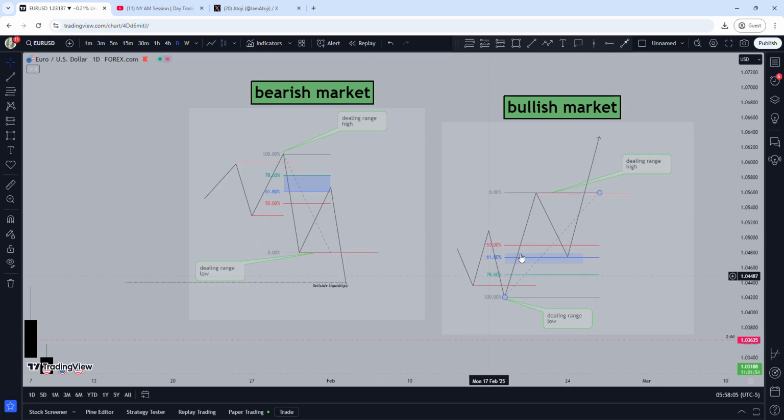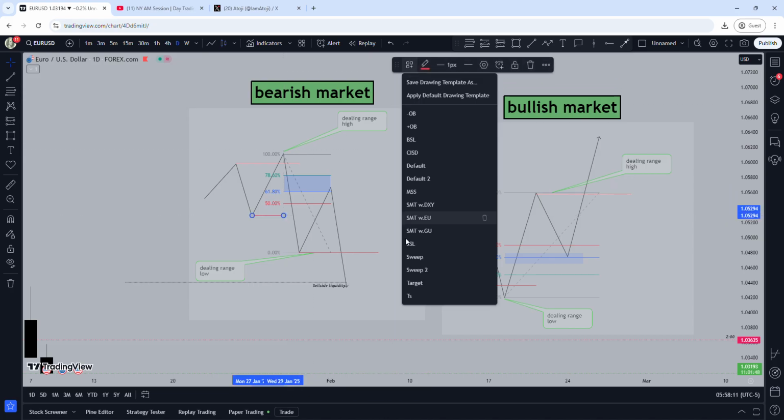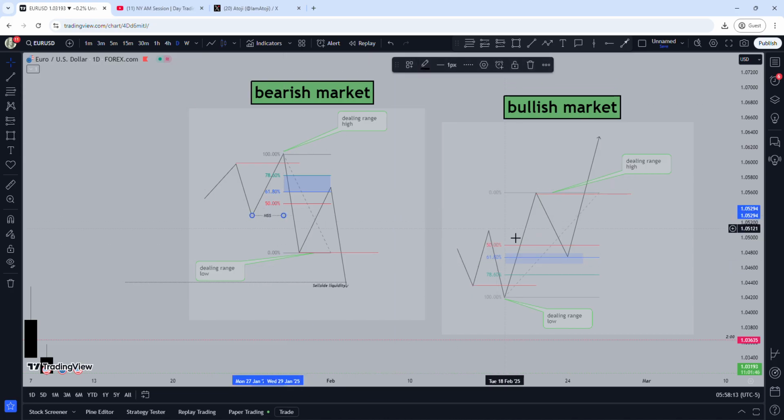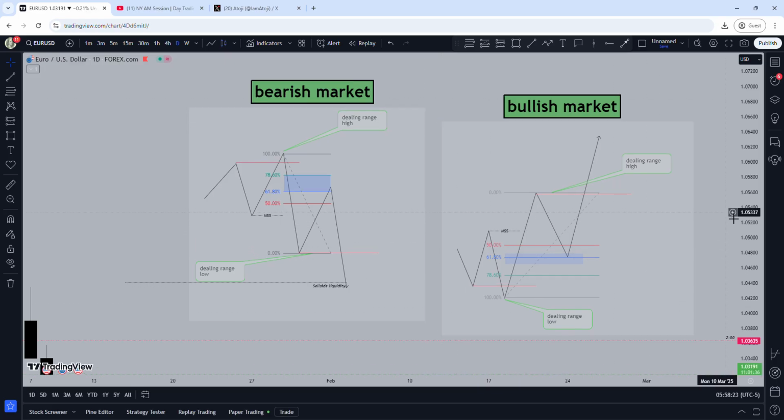Everything I said here is the same thing that applies to this low. A sweep, displacement below, which is a market structure shift. I think I should just mark everything out. Market structure shift, and then